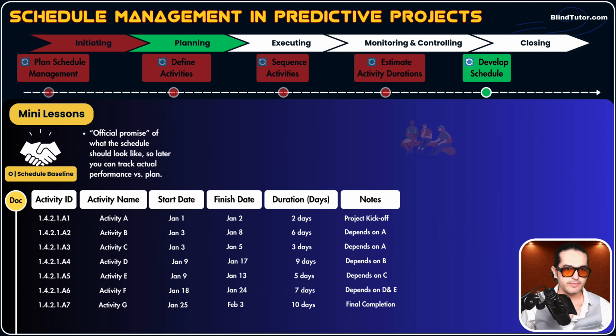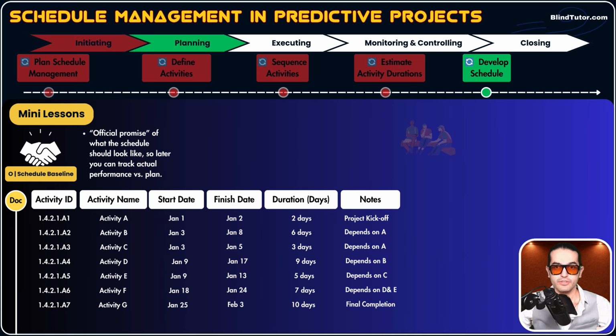An example of updating the schedule baseline: say a stakeholder forgets a requirement. Instead of, for example, 500 parking lots for a hospital, they need 550 parking lots. Now you as a project manager and your team evaluate this request. You do impact analysis. If we execute this request, how will it affect our cost, our schedule, our resources, our risk? This is called impact analysis. Then you write down these findings and provide them to the change control board. And if they approve this request, like increasing 50 parking lots,